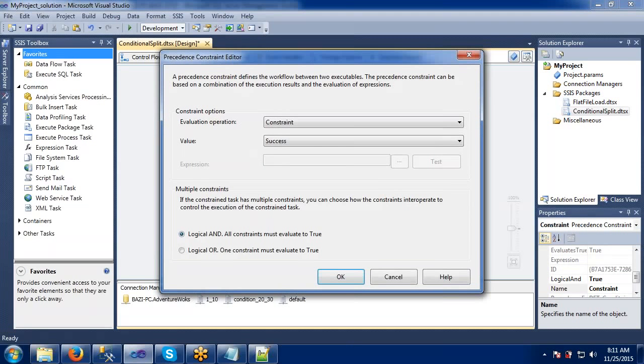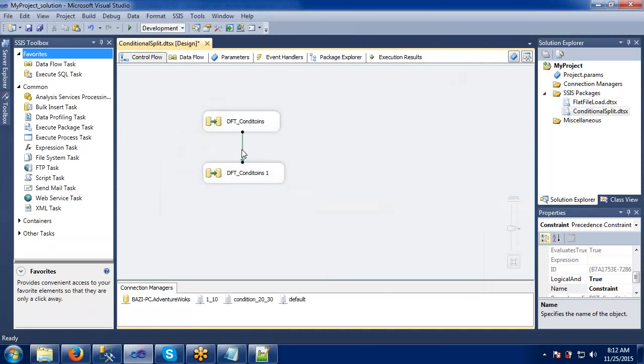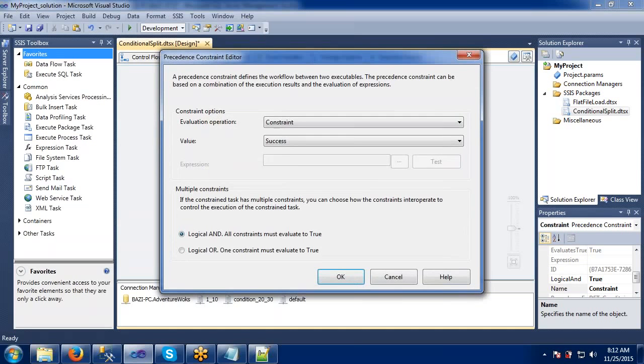Here we have one more thing which needs to be discussed. Every time we see some green task here, we are connecting one task to another task, and we have this success constraint. We have some constraints on how to connect each task to another task. If we double click the connecting line, we can see the precedence constraints.